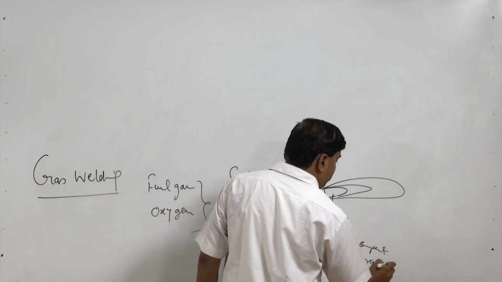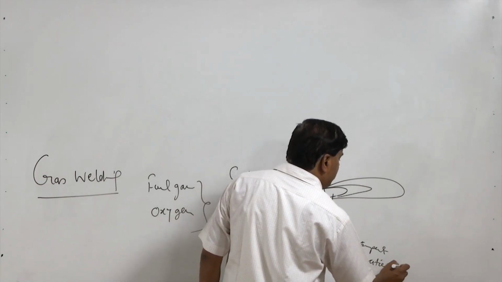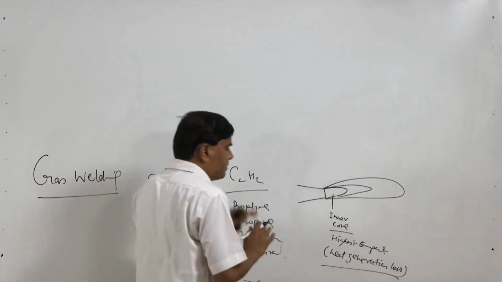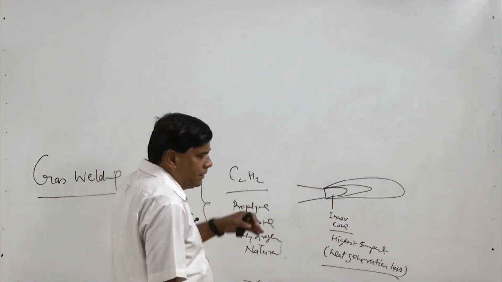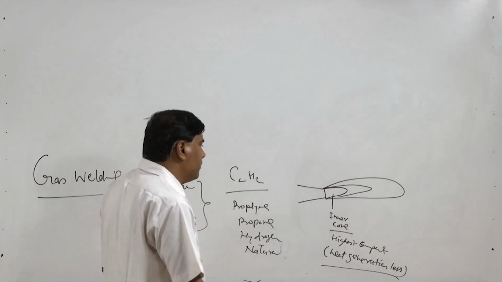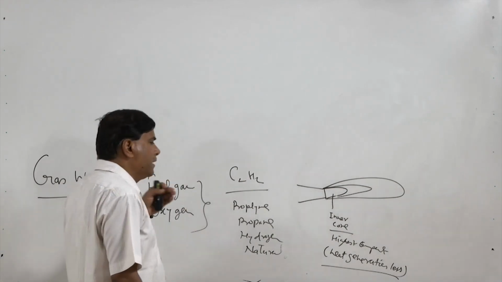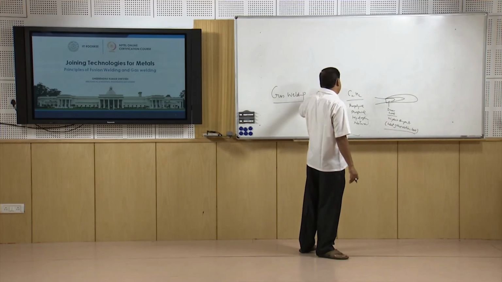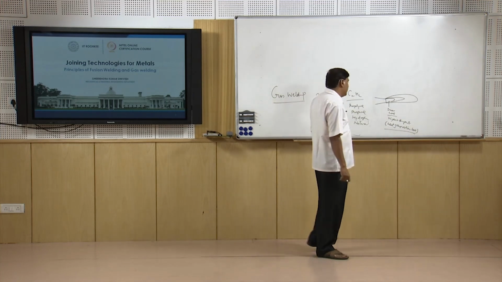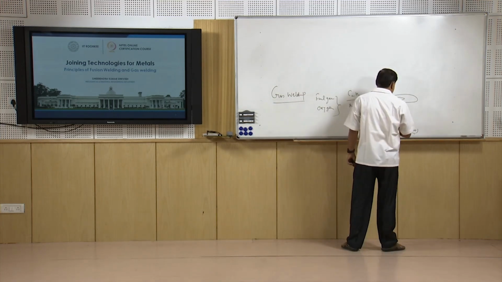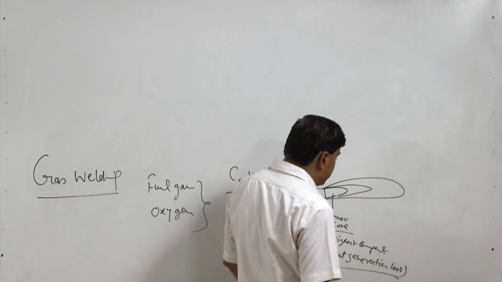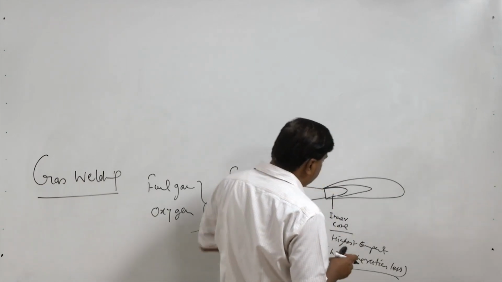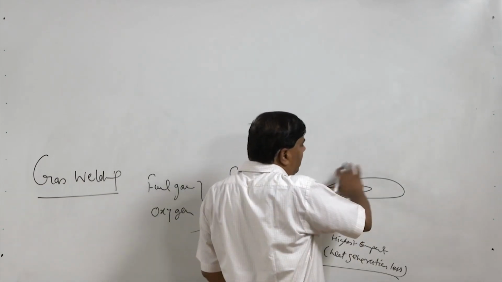This is what we have seen earlier in case of how the chemical reactions are used for producing the flame, producing the heat using the fuel gases and the oxygen. And so here heat generation is less, but since this zone is small in size and it is covered with